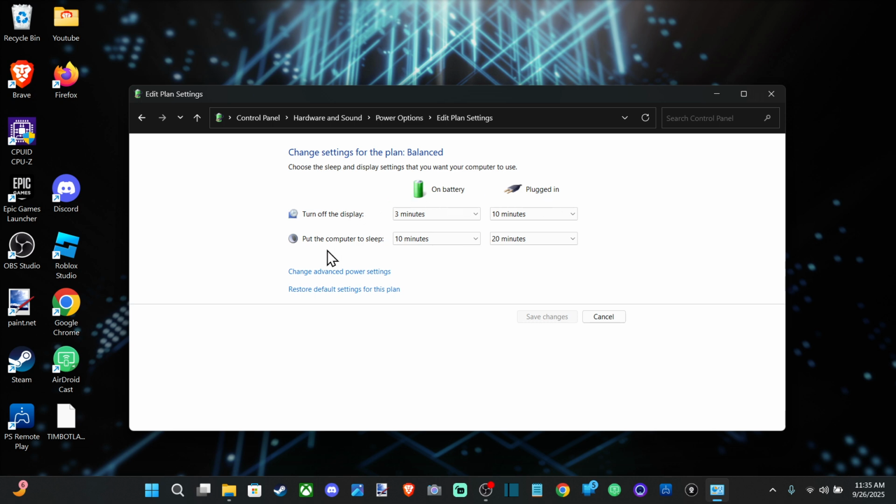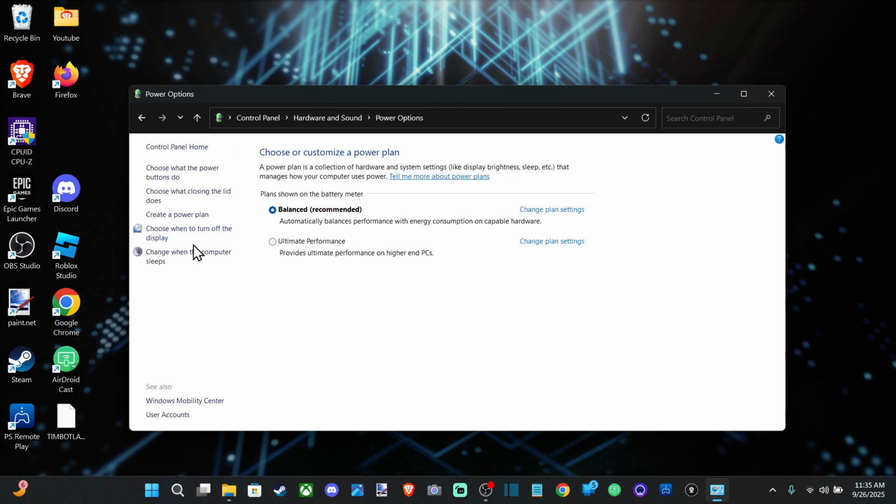And then we can go to on battery or plugged in. So if you're just plugged in all the time, you can go to 20 minutes, 30 minutes, never, 5 hours as an option. So if you want to change when your computer goes to sleep, when I have it plugged in, I have it set to 20 minutes. On battery, it's set to 10 minutes. Maybe I can reduce it down to 5 minutes and just go to save changes right here. And that is how you can change the sleep timer,